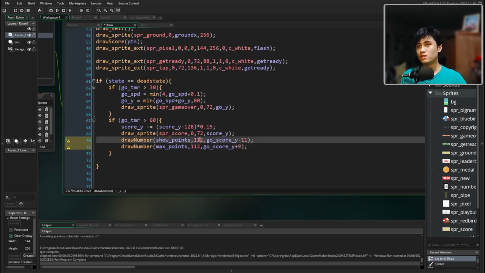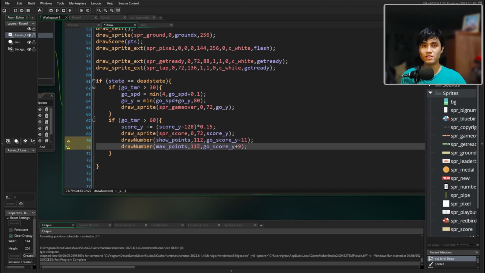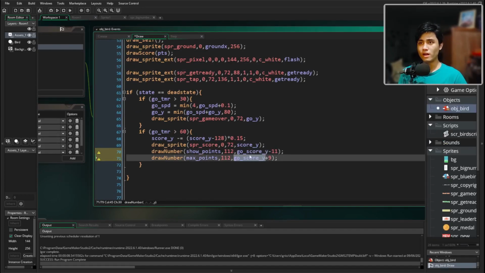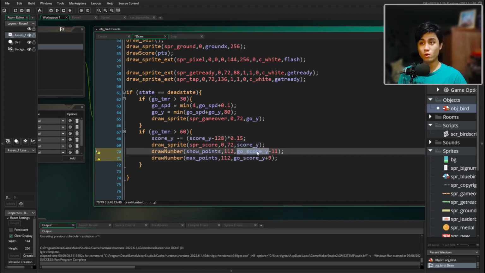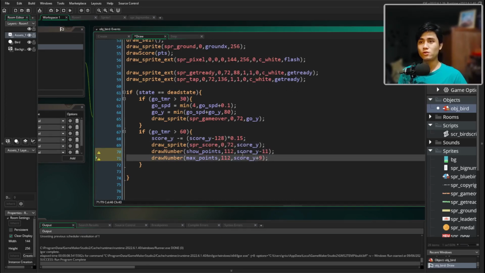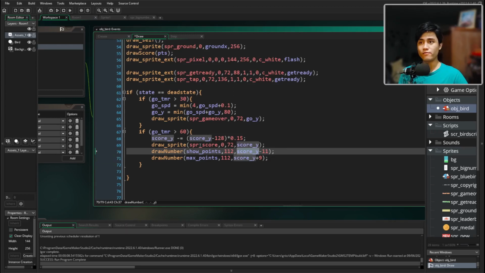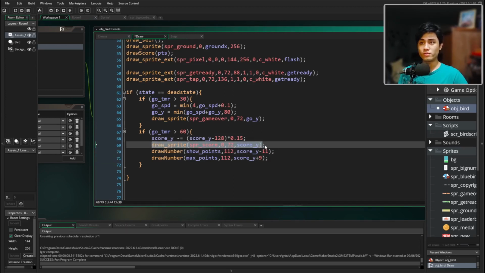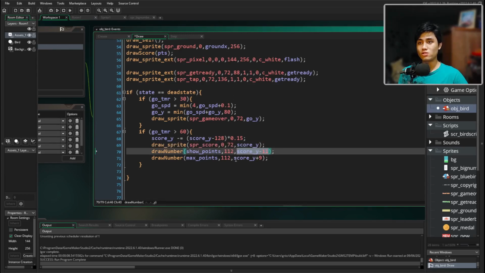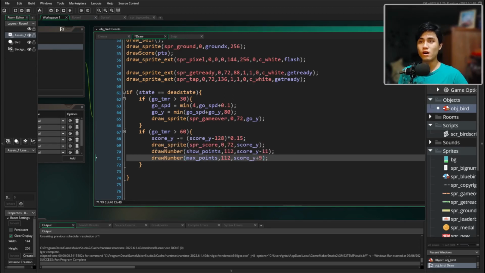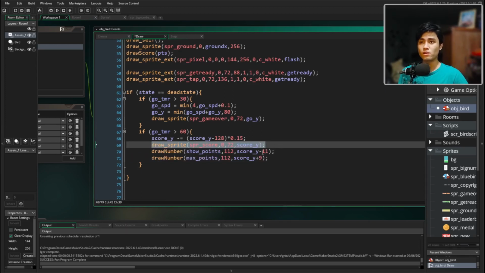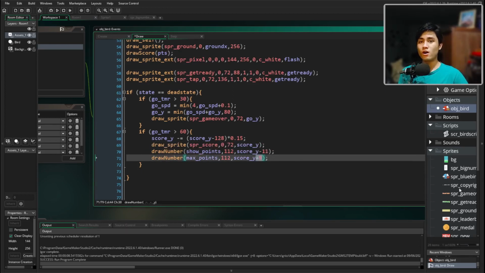Now that we have this, our X positions are going to be 112. I've already calculated this. And then for the go score Y, well, I made a mistake. It's actually just supposed to be score Y. So we just change that. So this is the Y coordinate of your SPR score, which we're drawing. And the reason why we have score Y minus 11 and score Y plus 9 is because we are drawing these numbers relative to this sprite here, but we need to give it some offset